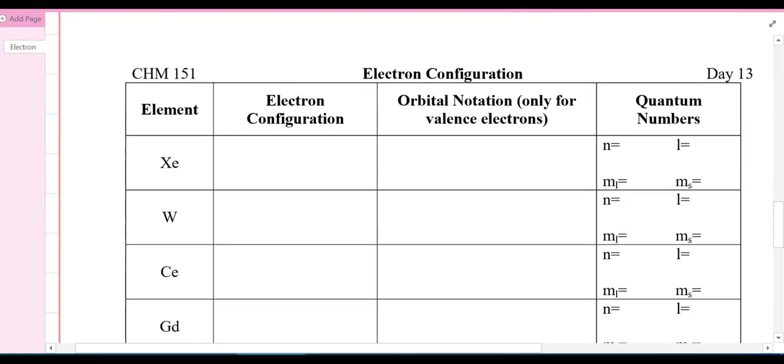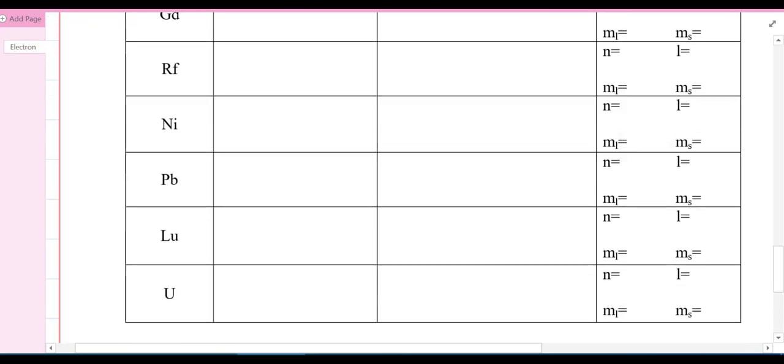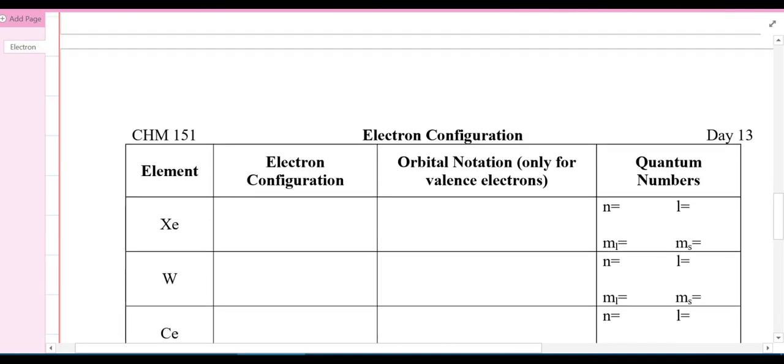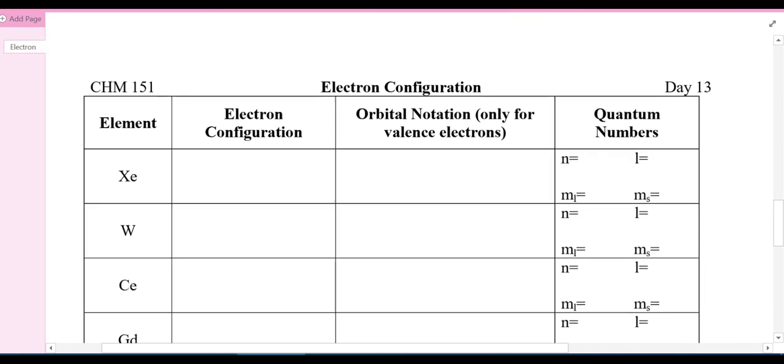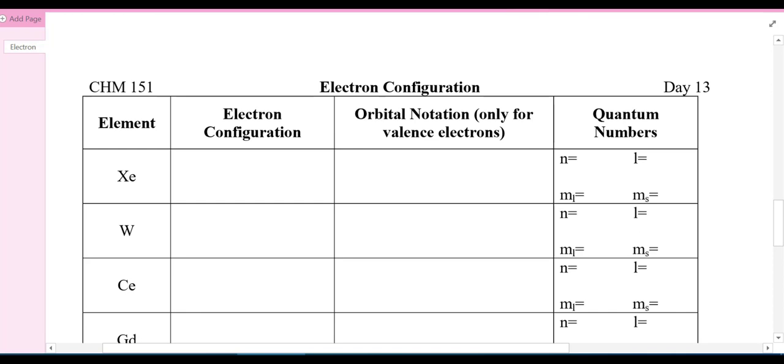Alright, so we got some more to do. Xenon. Can I use Xenon for Xenon? No, I still have to use Krypton. And then we have, it looks like